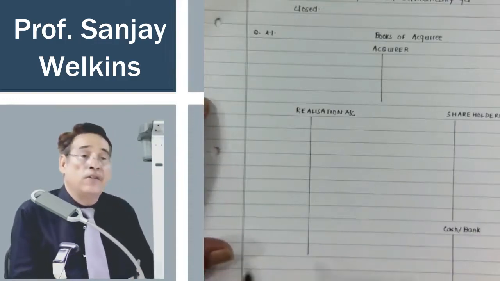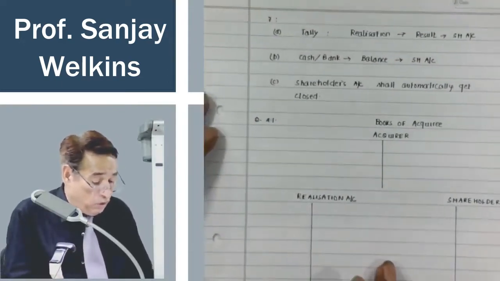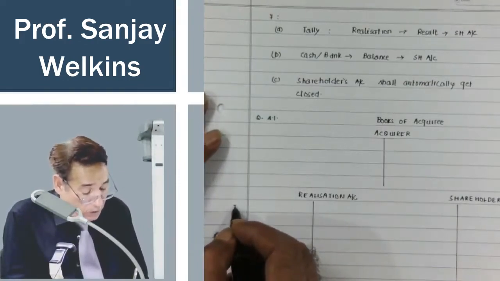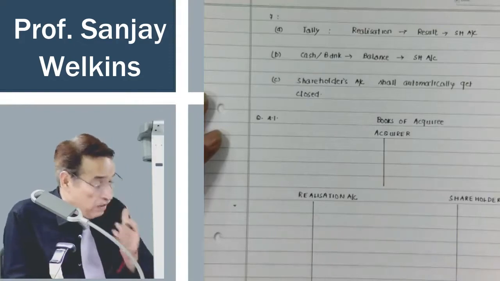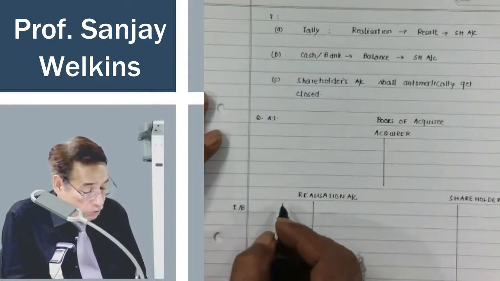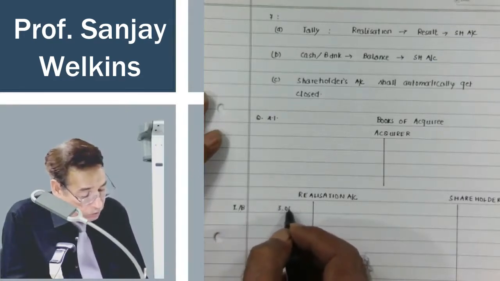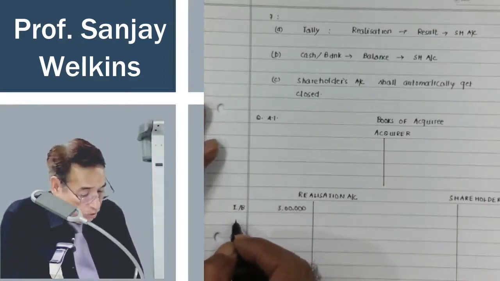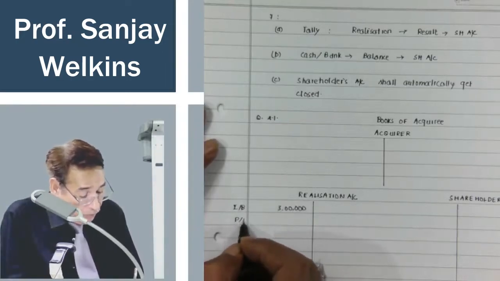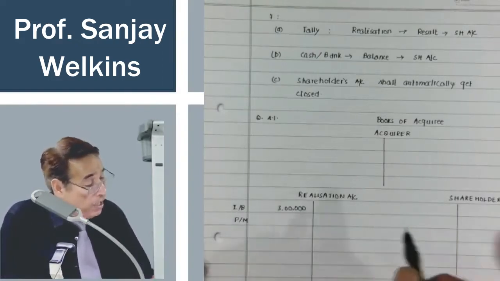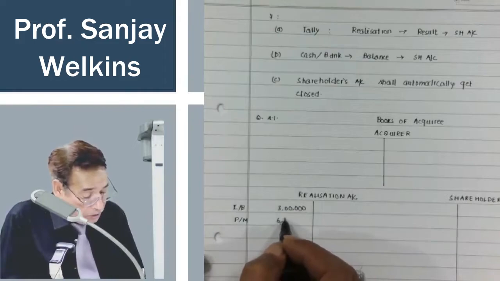The first step is to transfer all the assets, correct? The first step is to close the asset side. In order to close the asset side, we will have to look at the assets and just post them over here. So I will write here, as far as assets are concerned, one is land and building. I have already told you that all the assets, whether taken over or not, we are going to post them here. However, in this question, land and building has been taken over. That's a different matter. Even if land and building would not have been taken over, I would have still transferred it over here. Plant and machinery, according to the question, is 6,70,000.